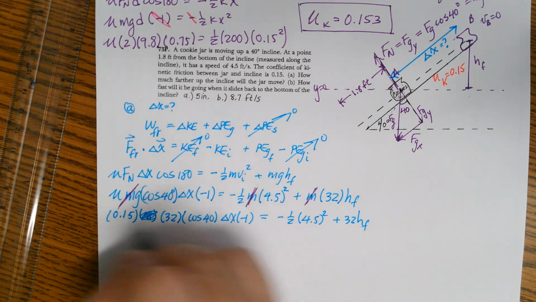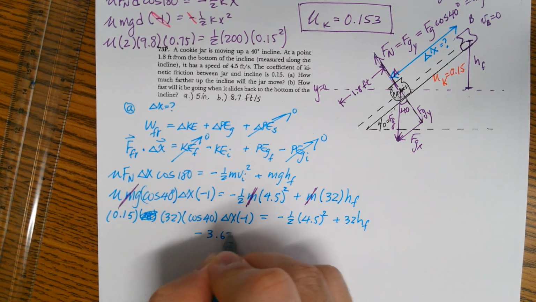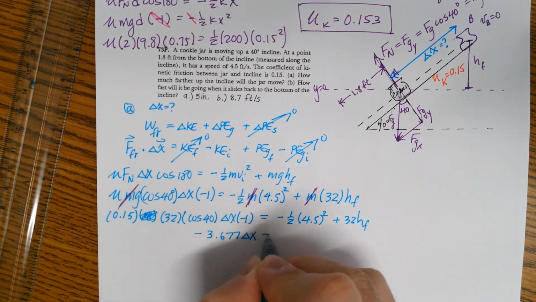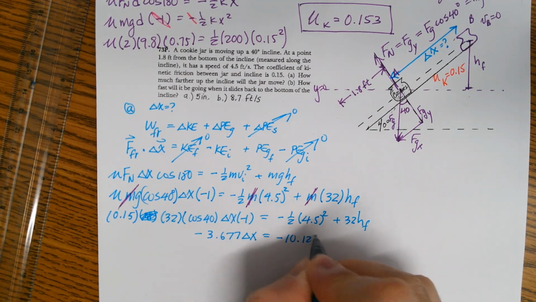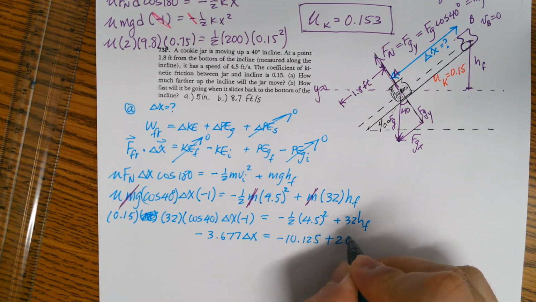If you work it out, I think you're going to get negative 3.677 delta x is equal to negative 10.125 plus 20 point,